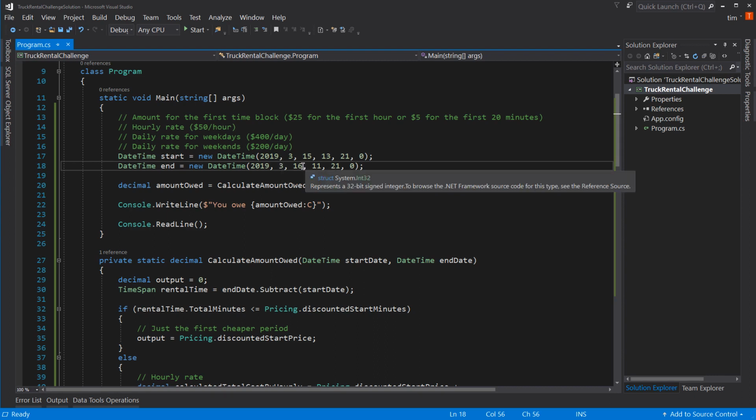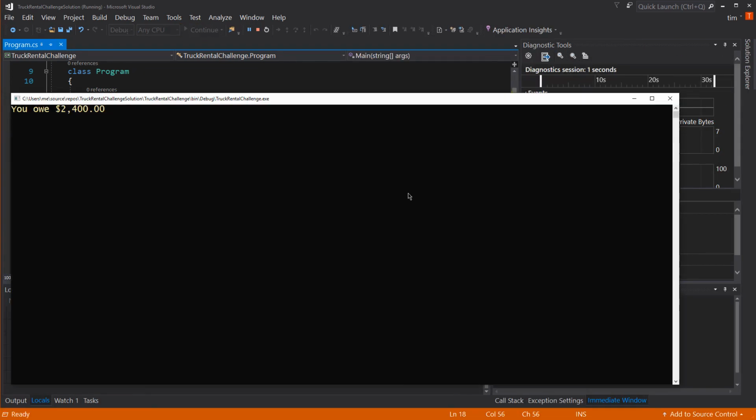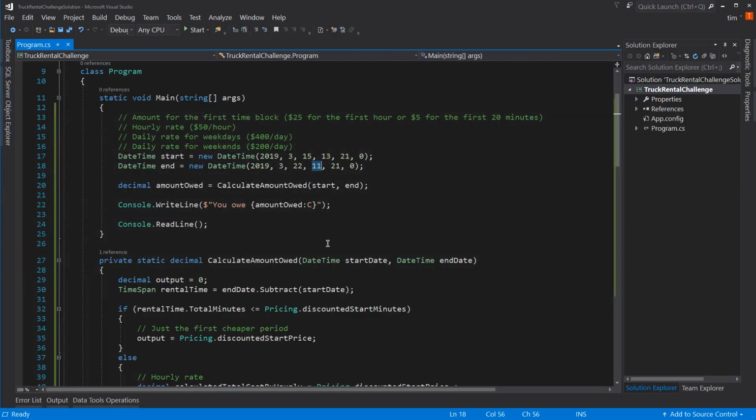If I say, you know what? I'm going to rent this until the 22nd, and it's still 11 a.m., so I'm going to return it in enough time for that last day. And it says you owe $2,400. Sounds like maybe you should have bought your own truck. But that now calculates correctly for both weekdays and weekends, and it calculates for the rounded amounts, whether it be